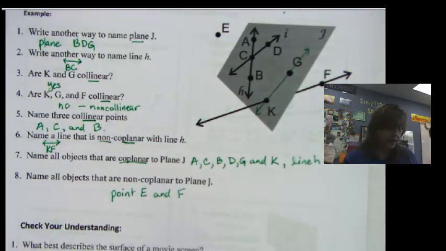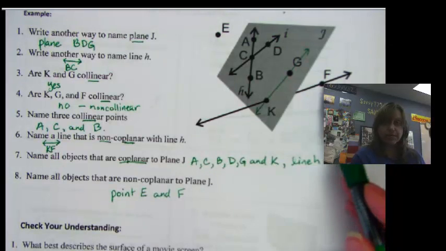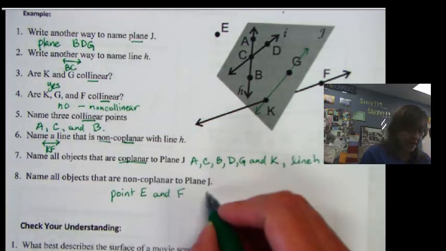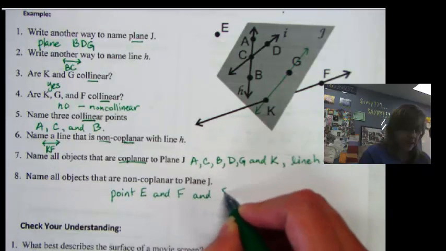And then, is there anything else, any points or any lines that aren't in plane J? Now, this line goes through plane J, but it's not in plane J because it's not entirely in it. It has to be the entire line in the plane. And so we would also say that line KF